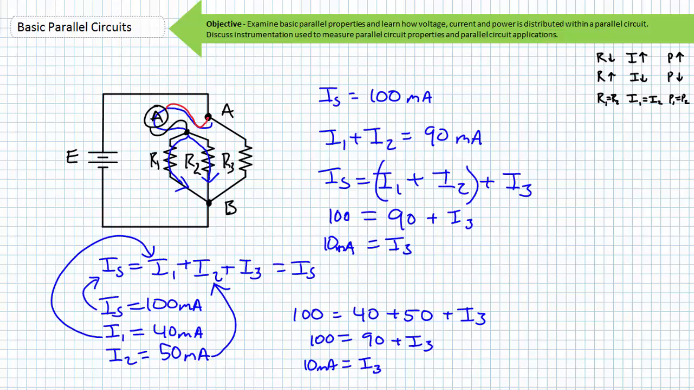We don't know exactly what I1 is, nor do we know I2, but we don't care. We want to know I3. For all intents and purposes, R1 and R2 could be a single imaginary resistor that happened to draw 90 milliamperes of current. We'll return to such visualization and analysis techniques when we discuss Kirchhoff's current law and the current divider